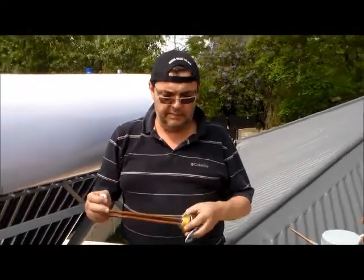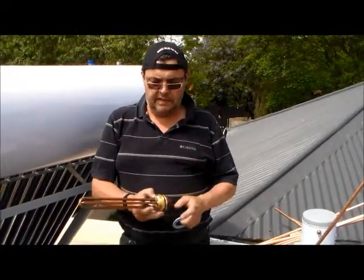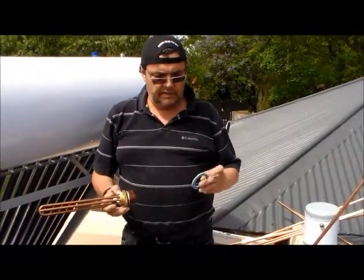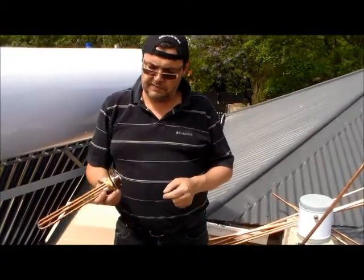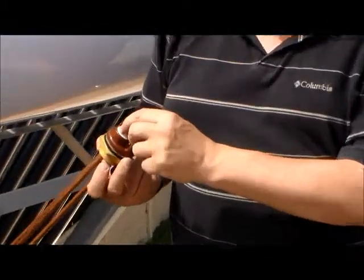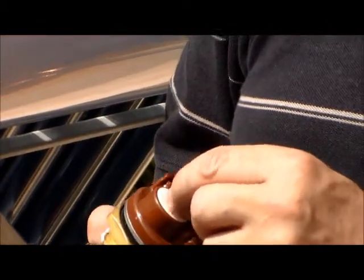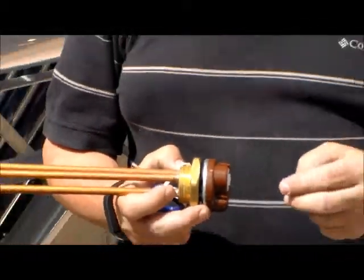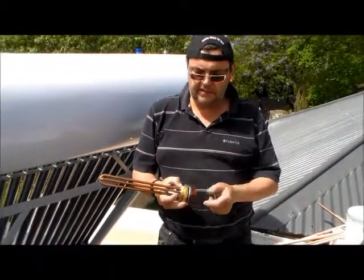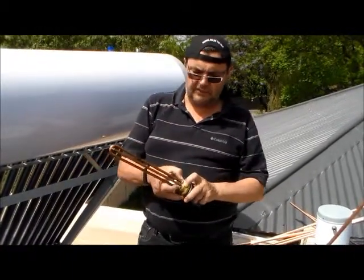Okay, so the first thing that we're quickly going to do is fit the electric element. This is a backup for if there's no sun. You need to have a washer for this also. On the back there's a thermostat, so you can set what temperature it needs to heat the water to. These two electrical connections, we'll talk about connecting to the electricity later. And this then fits into a hole on the side of the